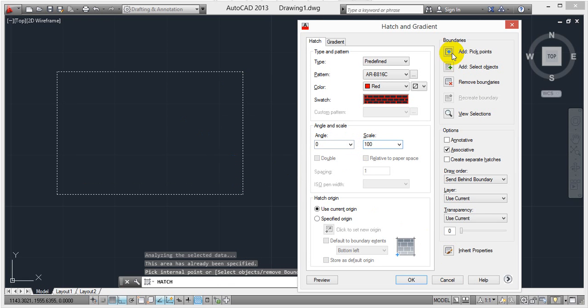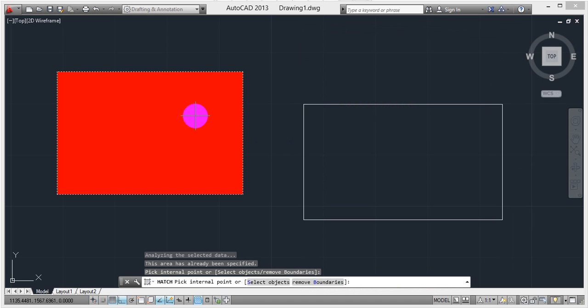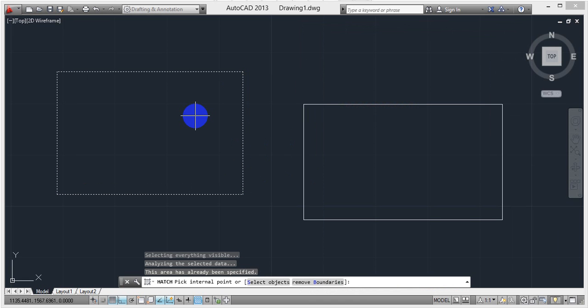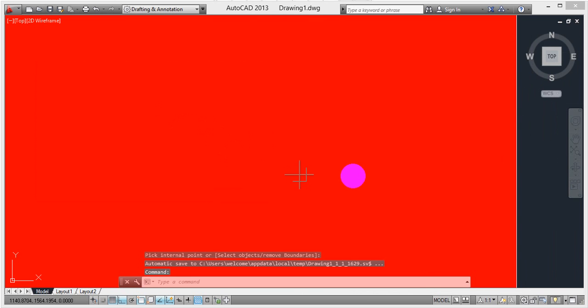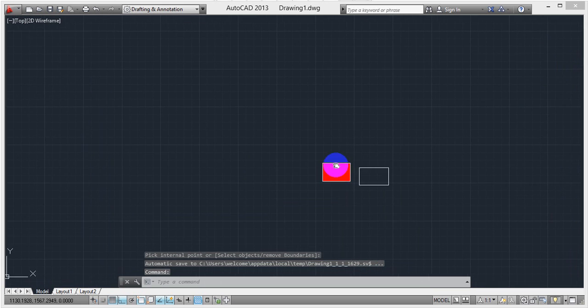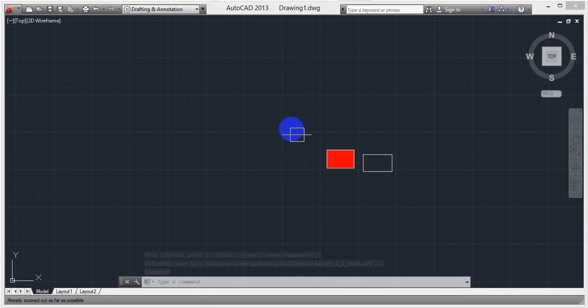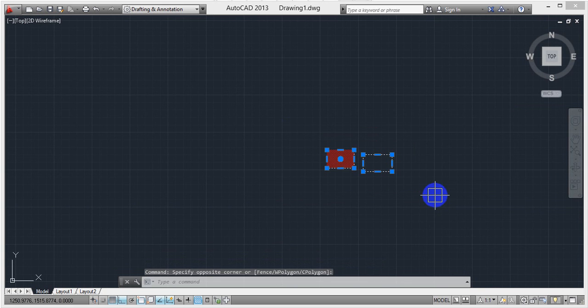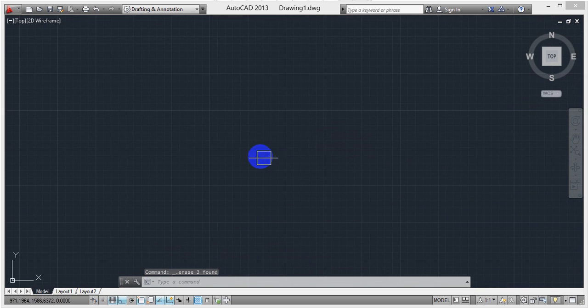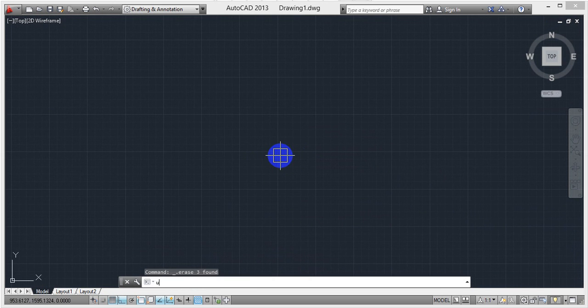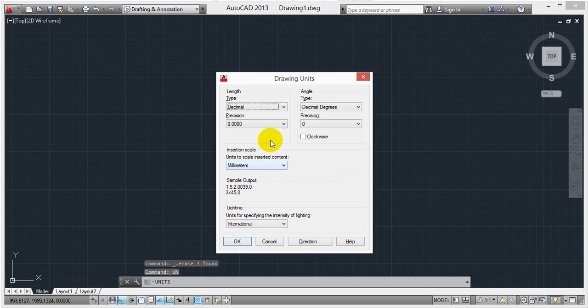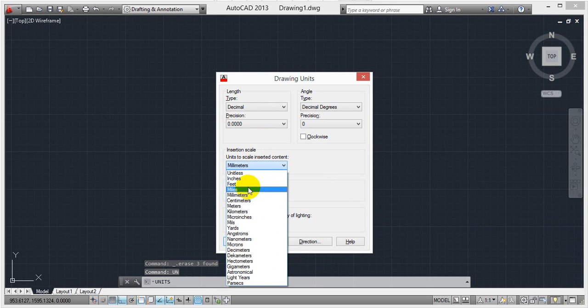100 area. Okay, just type 2 times. I think it's a very small rectangle, that's why it's showing like this. So I'm taking along with the dimensions, units, UN, enter. I'm making it feet. So with feet, you can directly change the wall height.